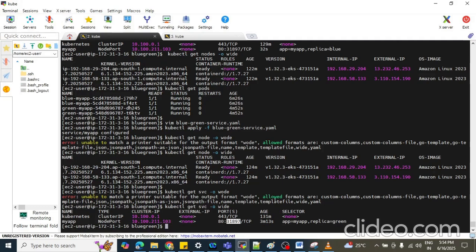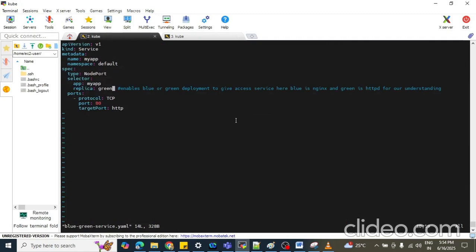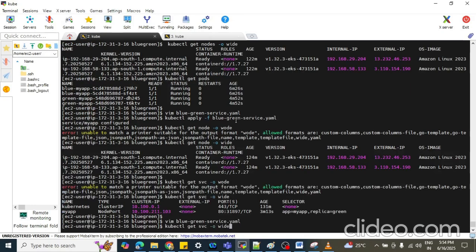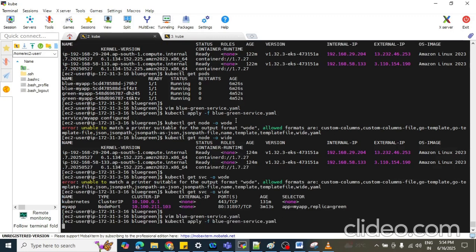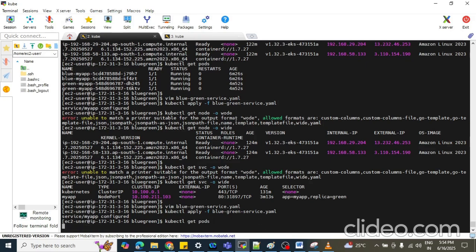Now we can simply change the service level to blue. Let's again apply this part. Now you can see the 4 pods will run, blue and green both. But here it will change.